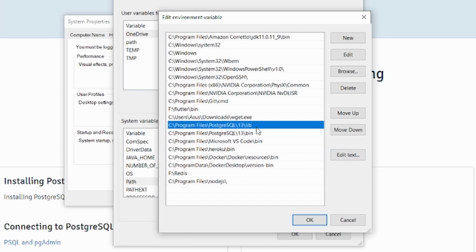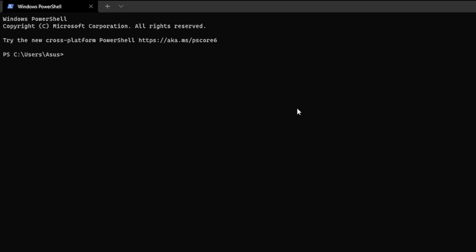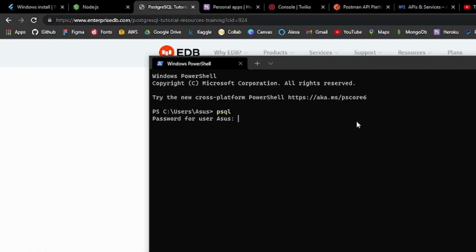Now once you have added Postgres to your environment variables, you can open any terminal. I can open a terminal, for example. Under my terminal, if I simply write psql, you should get a password prompt for your local system. But many of you might face an error after typing your master password here. So what we have to do is write psql -U, that is hyphen capital U, and here simply write postgres.